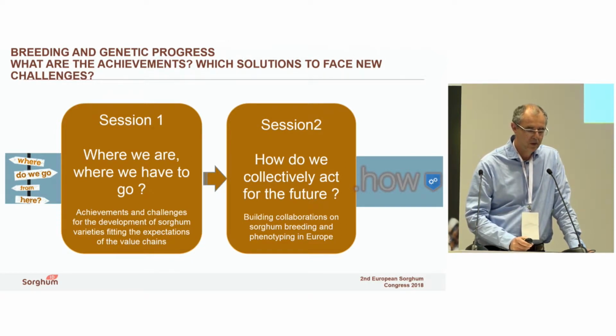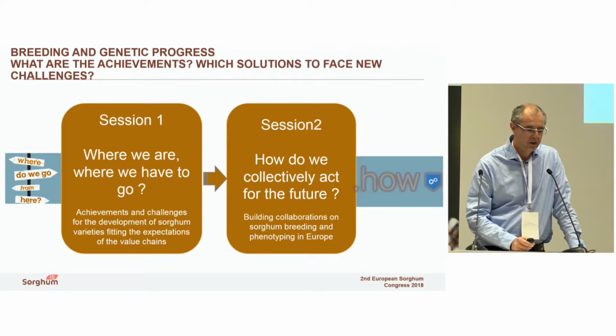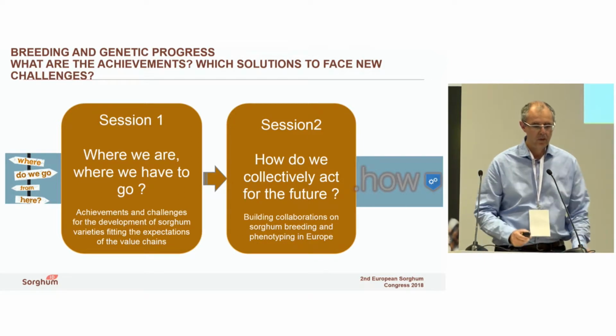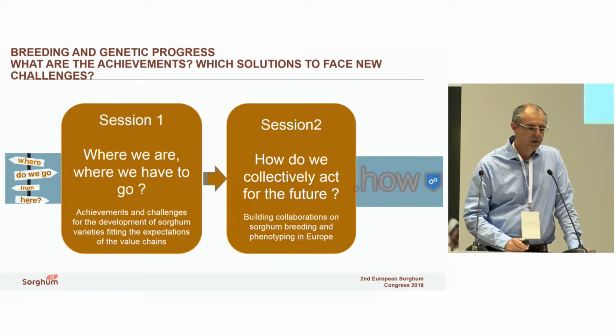We divided it in 2 sessions. First one about outcomes and more recent developments, and in the other, achievements. All of this is related to fodder sorghum. We want to see where we are, and then in the second session we will be providing further examples showing what steps need to be taken in order to implement and reinforce genetic studies and research about sorghum. We will be dealing with phenotypes and genetic breeding,